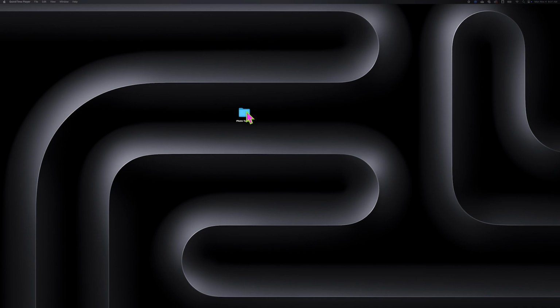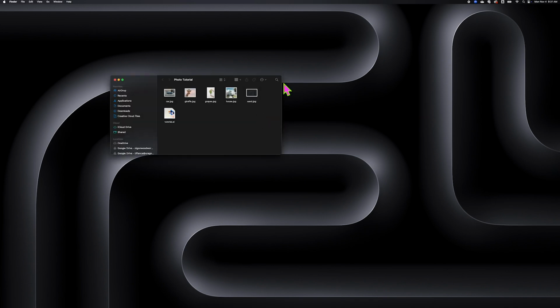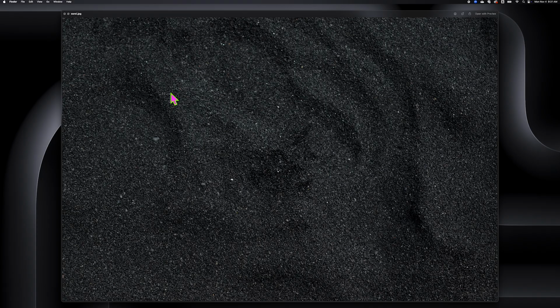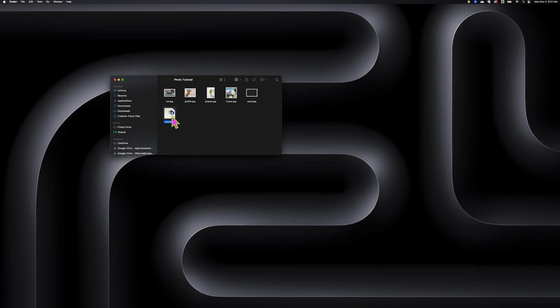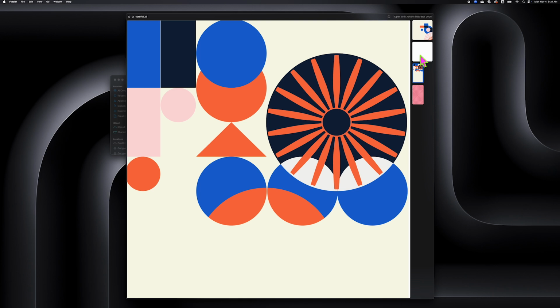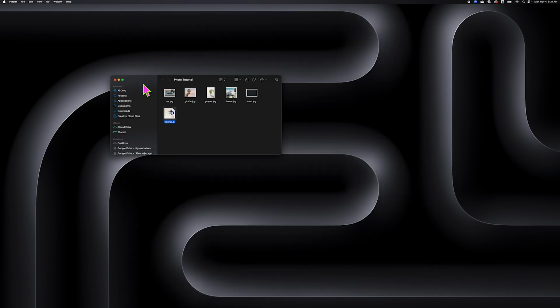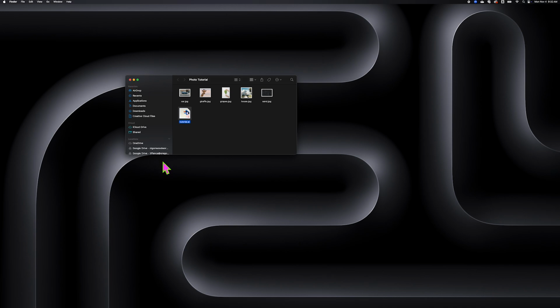So the first thing that you need to do is download the photo tutorial file for this week. You will find in there a photo of a car, a giraffe, grapes, a house, some sand, and there's also an Illustrator file in here with a couple of different graphics that I already have set into the file for you. All right. So the first thing we're going to do is go ahead and open up the car photo